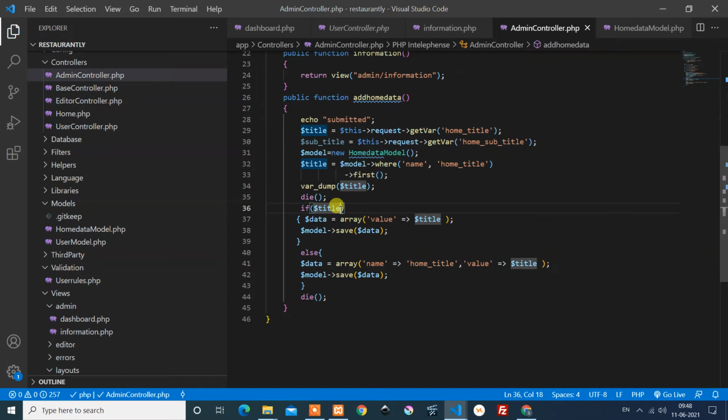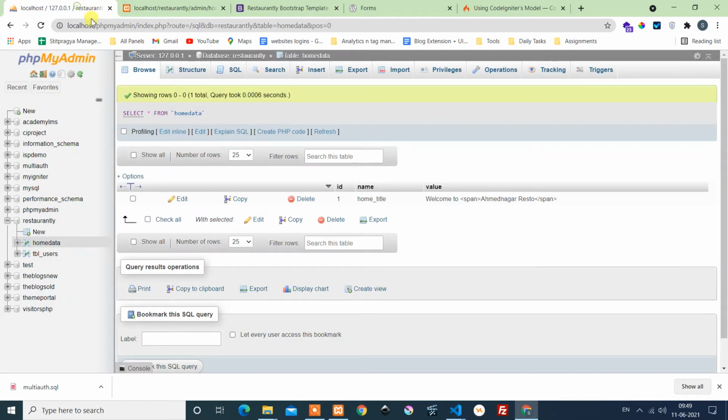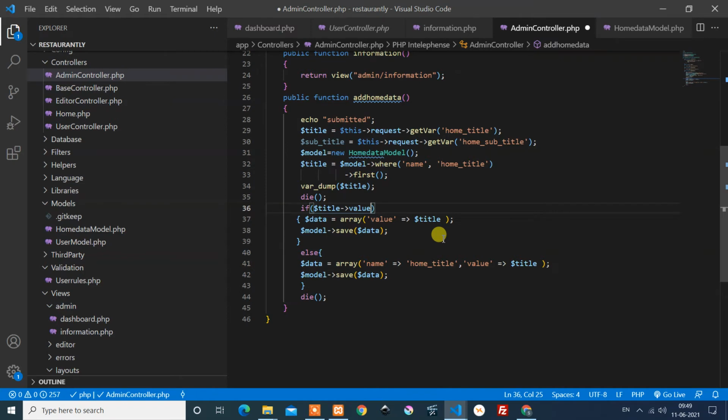and I have to check if title. This is record home title. Home title. Okay. Because it's an array, and you have to check only one thing, not the array. If title value, okay, this is the column name. If the title has some value. Okay, this was because we passed the array to if